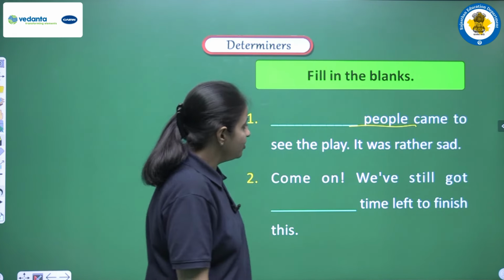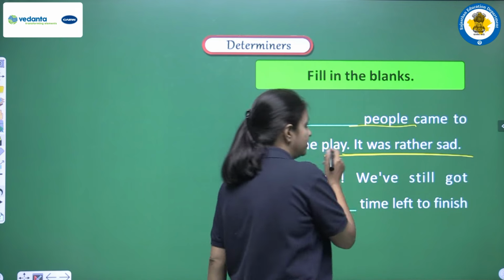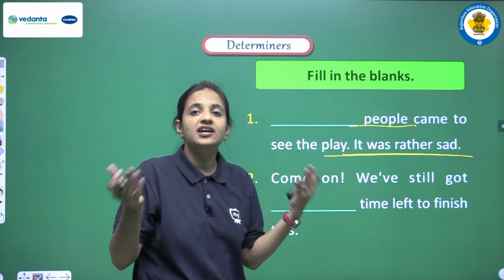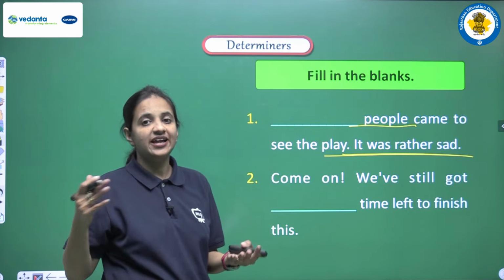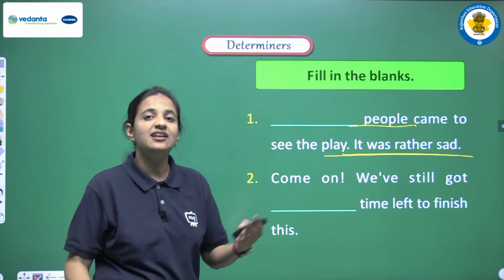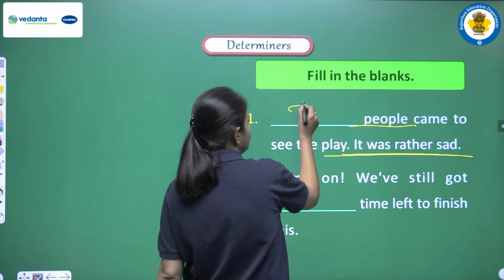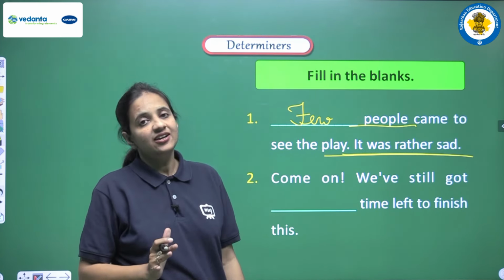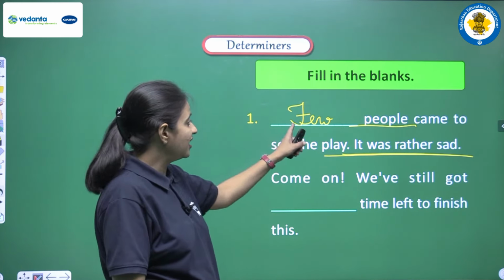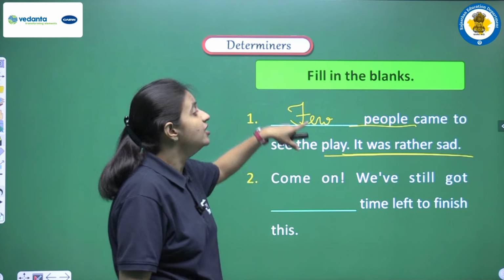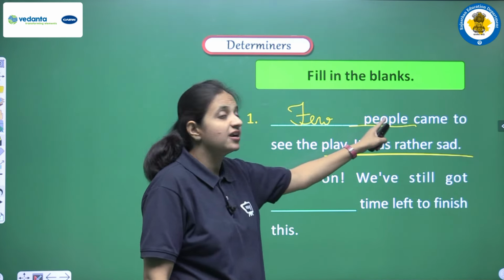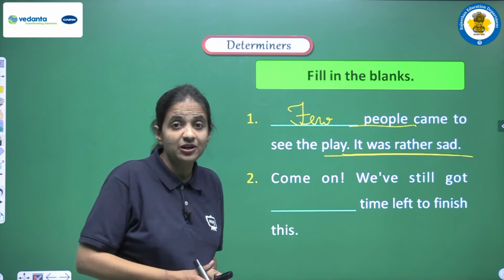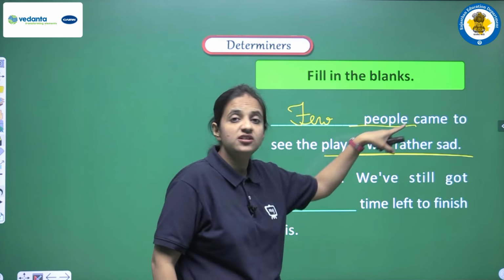Now observe the sentence. We are having that it was rather sad. So why was it rather sad? Because there were almost, we can say, इतने कम number में लोग थे कि we can say it was just like nothing. So when we try to show very less quantity, at that time we have to use few, because it is a determiner that is used to show negativity, that is used to create negative meaning in the sentence. So our answer will be few, and the complete sentence will be: few people came to see the play, it was rather sad. So actually मतलब बहुत कम, इतने कम कि हम कह सकते हैं नहीं के बराबर लोग आए थे, and this is the reason we are saying that it was rather sad.